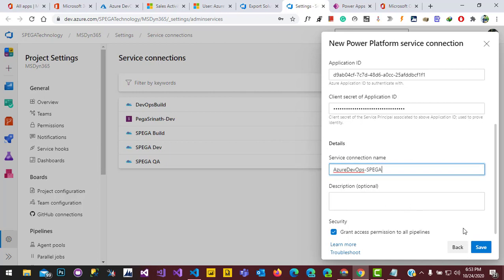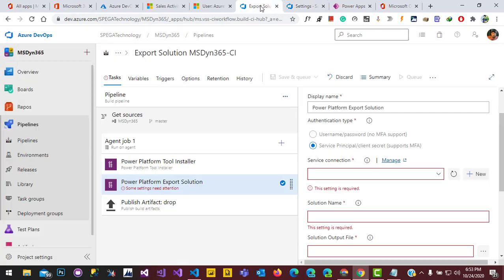That's it. Click on save. Now go back to our pipeline, refresh. Yeah, we got our service connection.